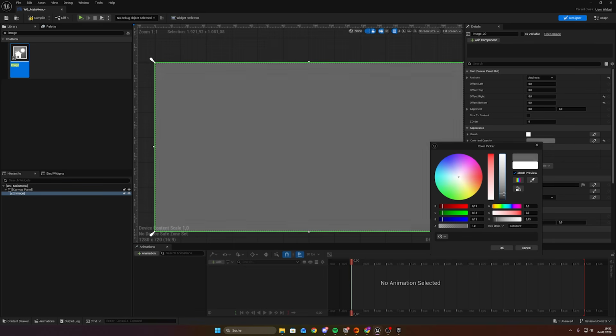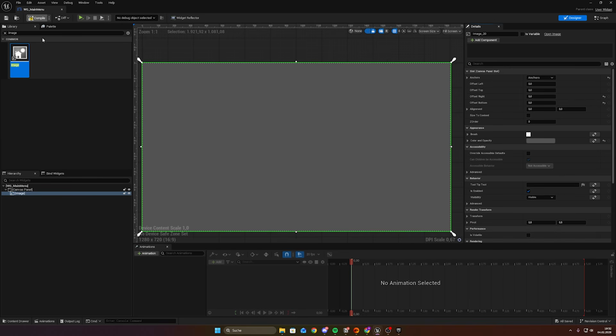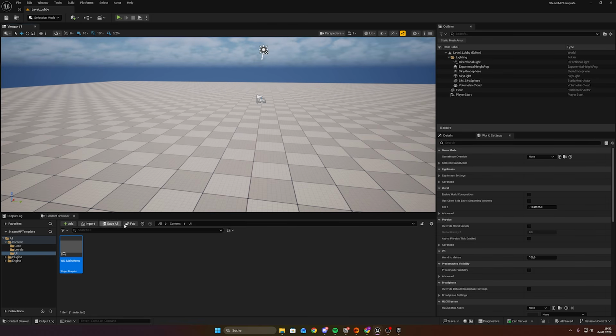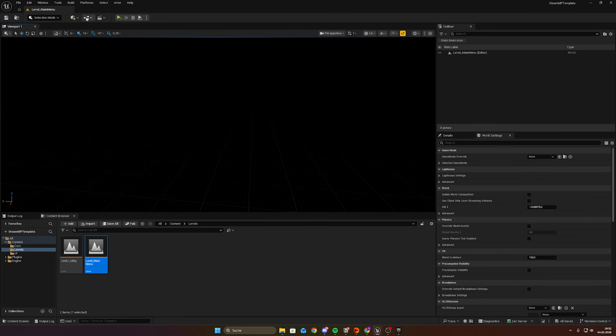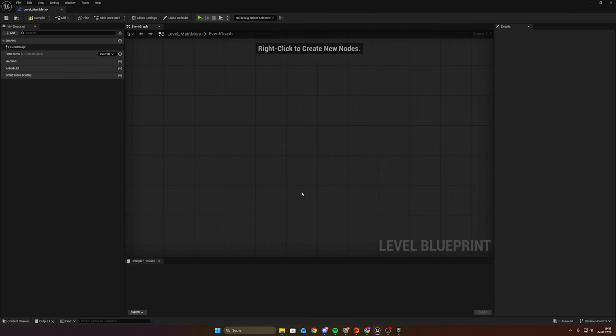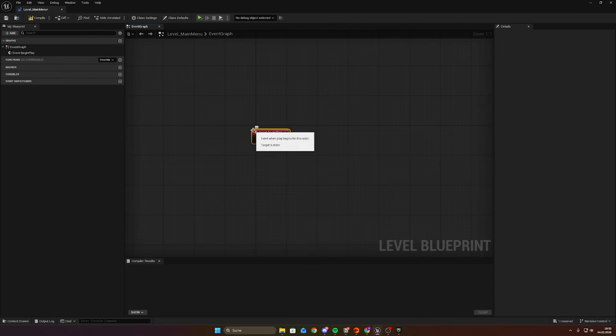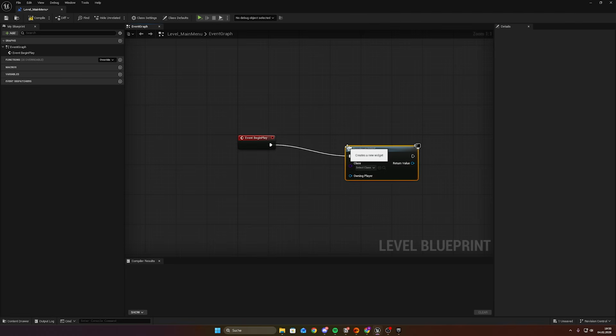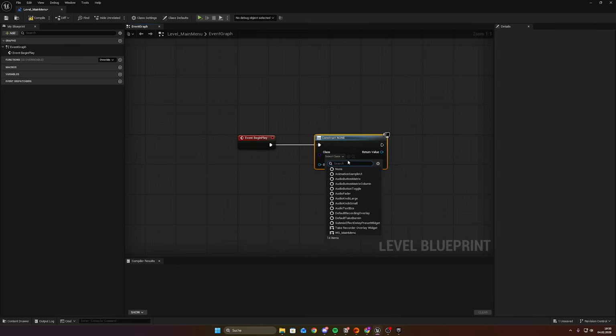We'll give it a little bit of a darker color so it will not blind us, and then we will hit compile, save, close it, and after that we're going to head right to the main menu, because that's where we will use it. Go up here, click open level blueprint, delete these two, and then take the event begin play and drag the pin out here, do a create widget node, and for the class we're going to select